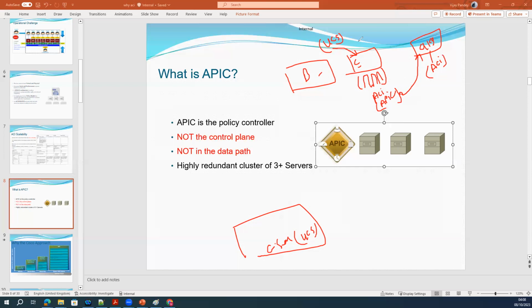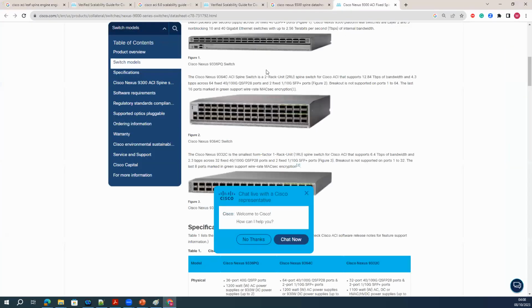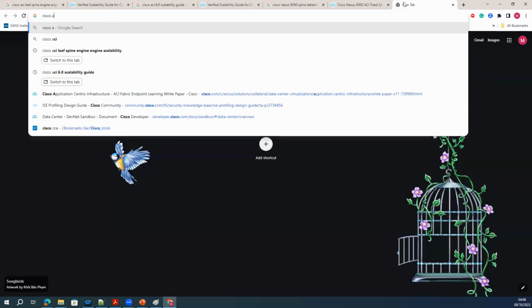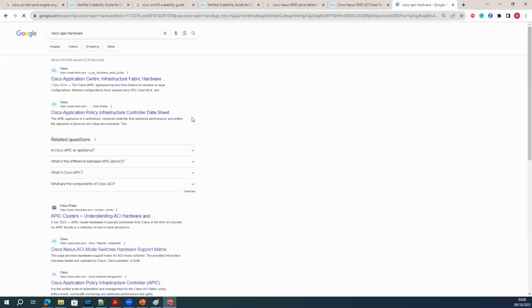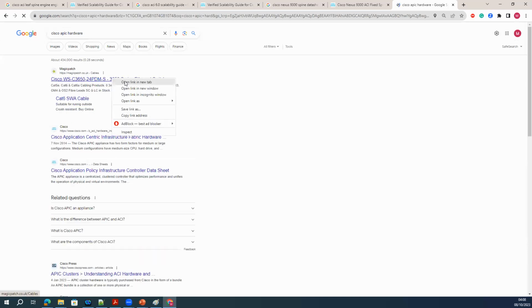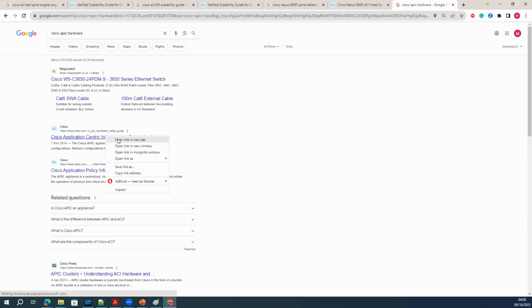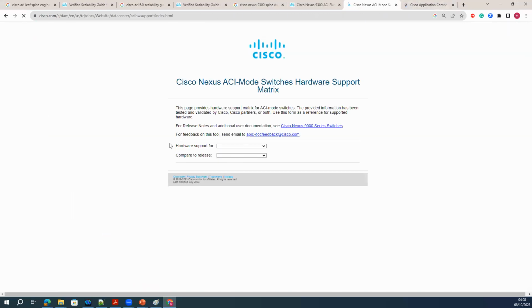Okay, so these are the two hardware that Cisco uses for the APIC configuration. If I go here and check what APIC hardware we use, Cisco APIC hardware support matrix.